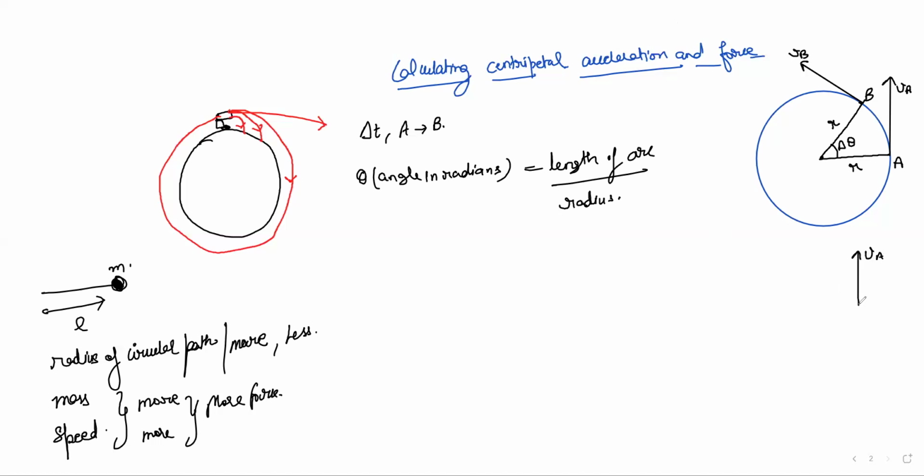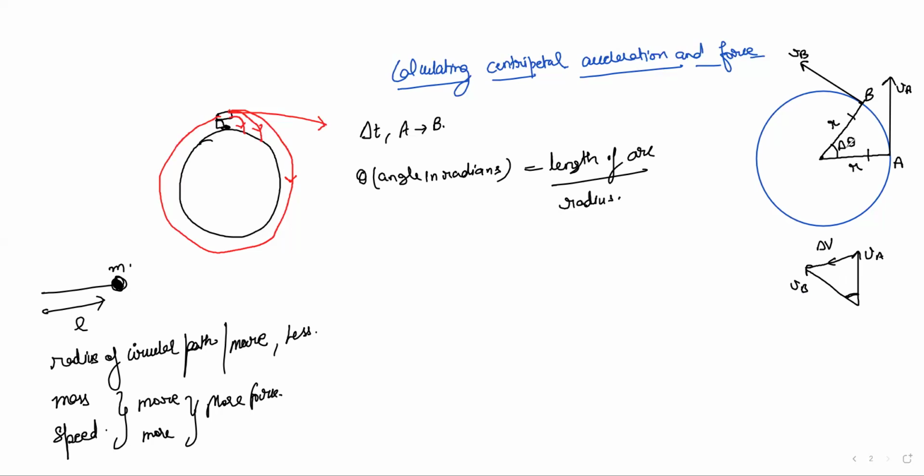This will be VA, this will be VB, and this will be the change, that is delta V. Right? Now, this side and this side are the same,